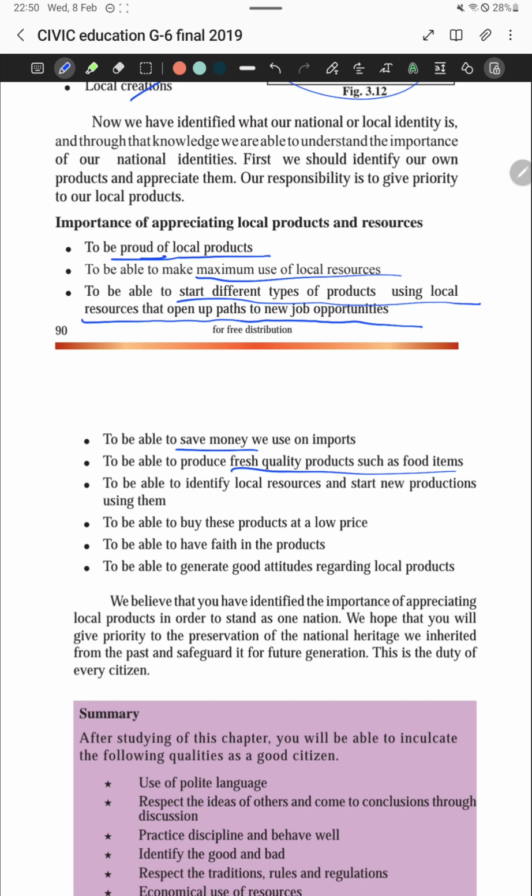And also you can start new productions, right? You can make innovations in foods and many other things, right? And also you can buy at a low price, right? With having everything from the country, your price will be very low because you are not importing from other